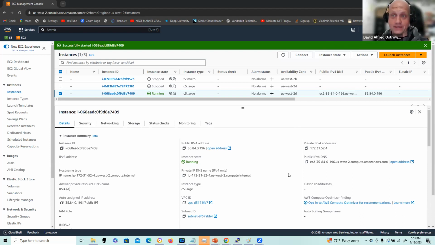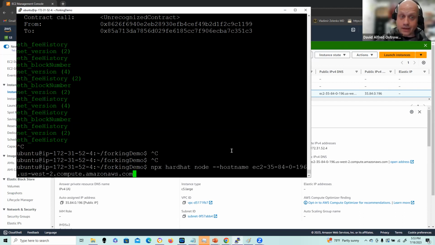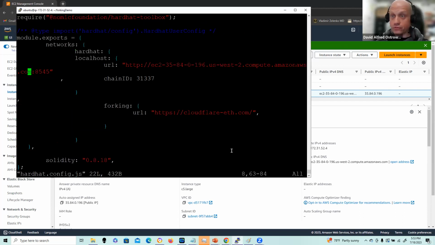So I have everything set up. The EC2 instance is up and running, and I have my PuTTY session. I'm just going to review the slight adjustments that I made, and then we can go through the Remix portion. So again, I have Hardhat installed. I double checked the DNS. The DNS is updated from the last example because